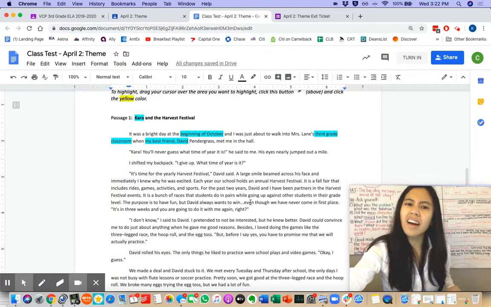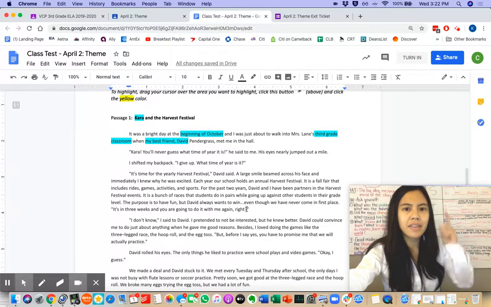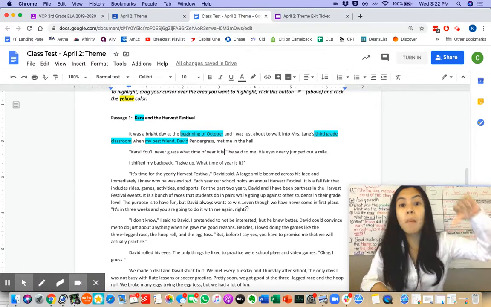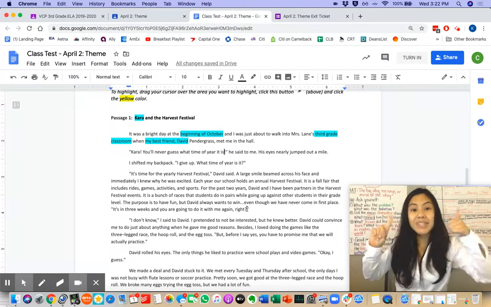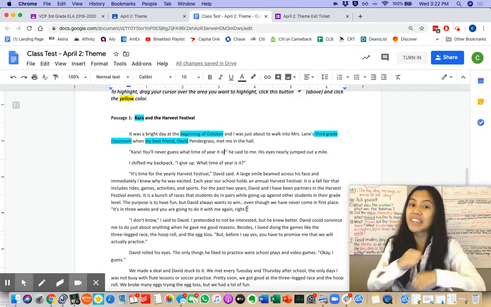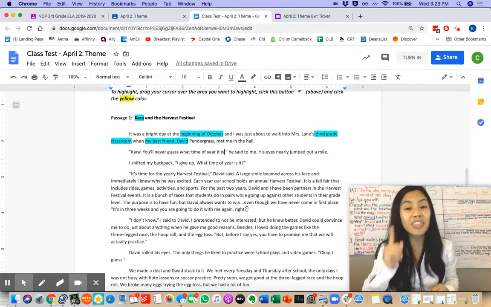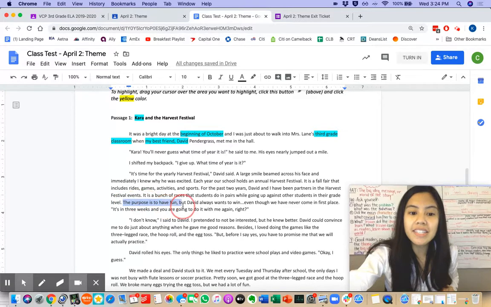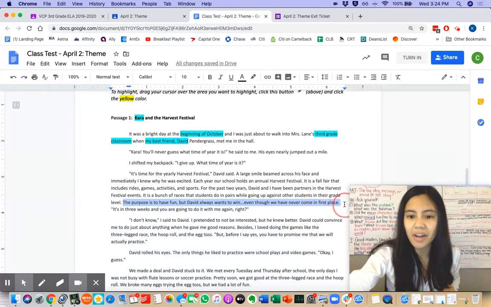There was a lot of information here, scholars. But remember, I'm really thinking about the characters' problem, solution, if they changed, and what they learned. I noticed that it says here, the purpose is to have fun, but David always wants to win, even though we've never come in first place.